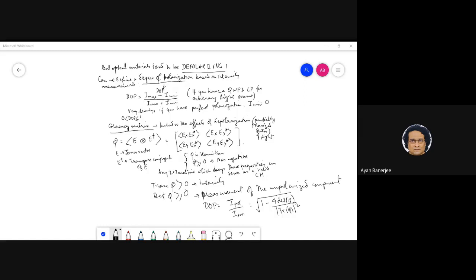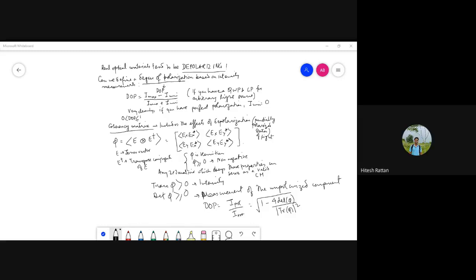What is the meaning of depolarization? Tell me, do you understand? This is a very good question. So when we say polarization, what does it mean? Hitesh? Yes, sir. Are you asking what the meaning of polarization is? Yeah, what do you understand? This is a very crucial discussion. When I say something is polarized, what does it mean?